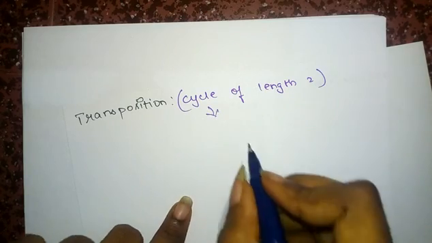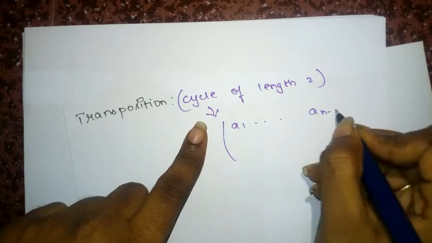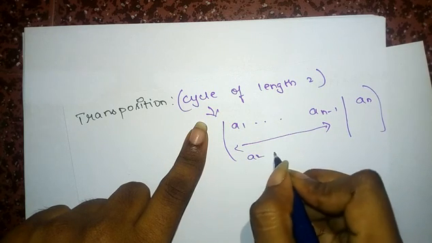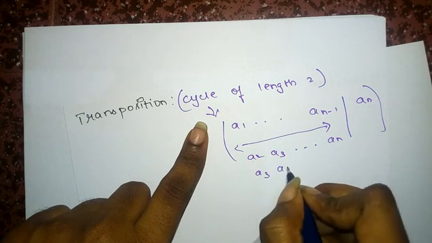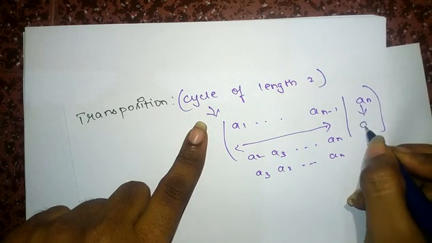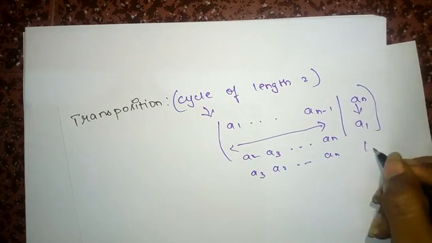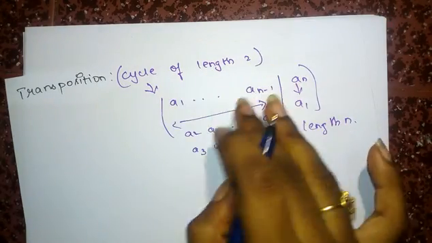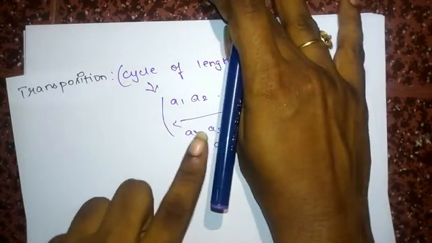Now I will explain what is meant by cycle once again. I'll take a permutation A1 to AN, in such a way that I can have anything here, A2, A3 to AN, or A3, A2 to AN, whatever it might be, but the final AN is only mapped to A1. This is called a cycle, and this is a cycle of length n. For a cycle of length 2, only A1 and A2, only two elements have to be here and no other elements.